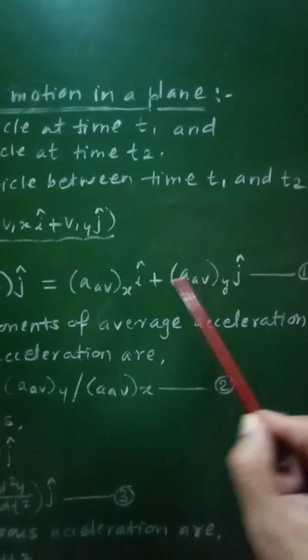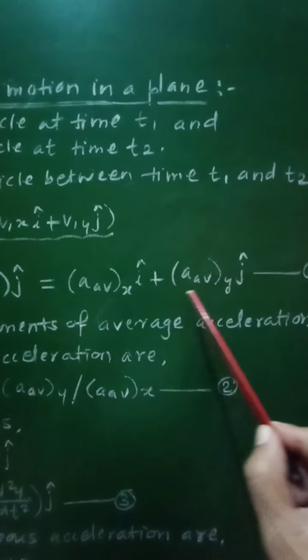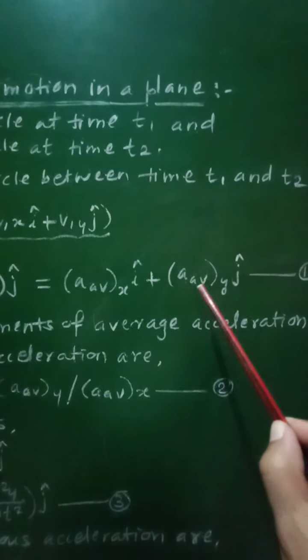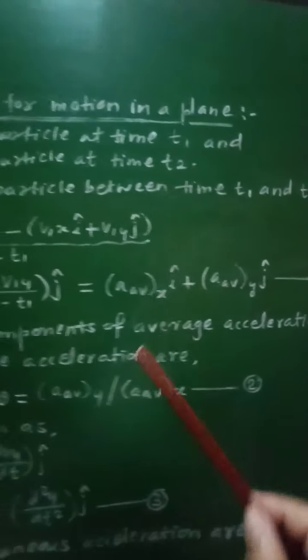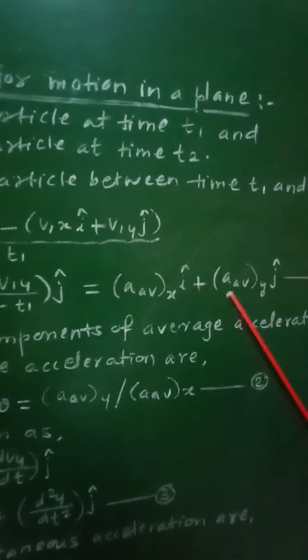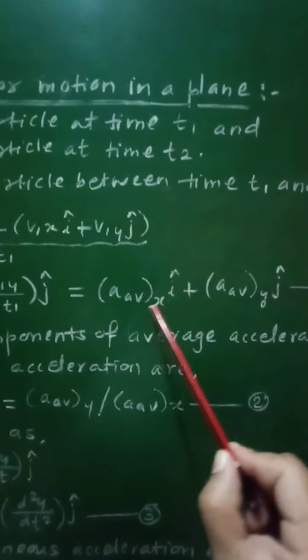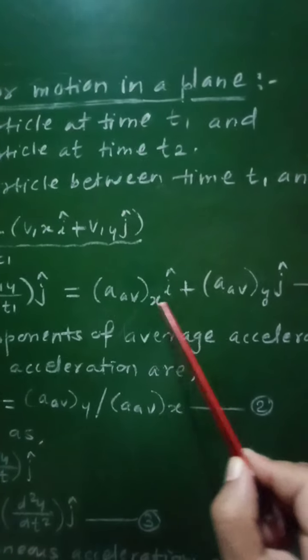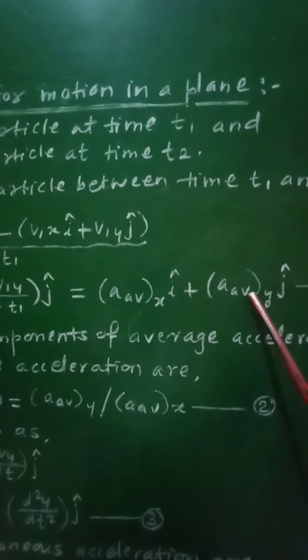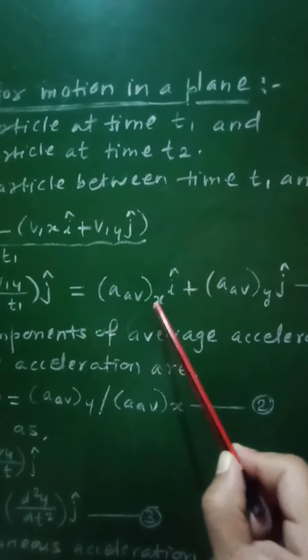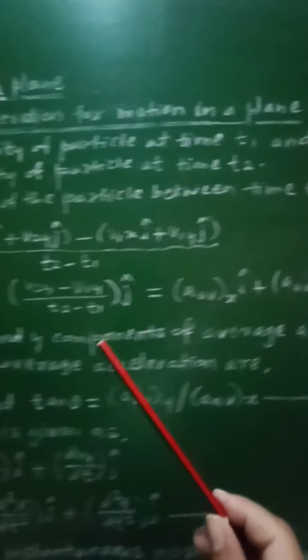So this is the x component, this is the y component of average acceleration, and therefore the magnitude and direction